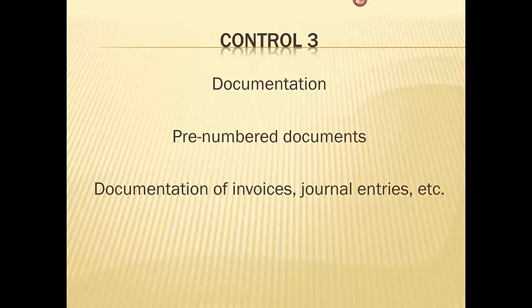There are all kinds of documents that need to be pre-numbered so that if you see that there's a gap in between, just like checks, when you're doing a bank reconciliation, it's like, oh, there's a check missing. Why is that? And sometimes there's a valid reason for it. Perhaps a check has been voided for whatever reasons.